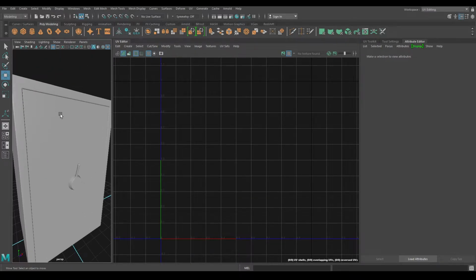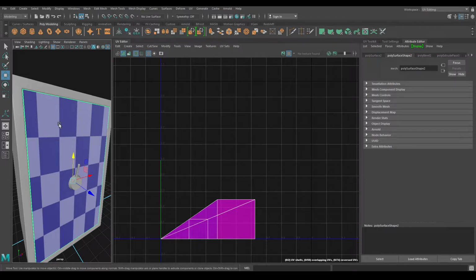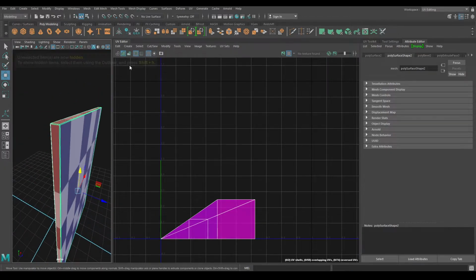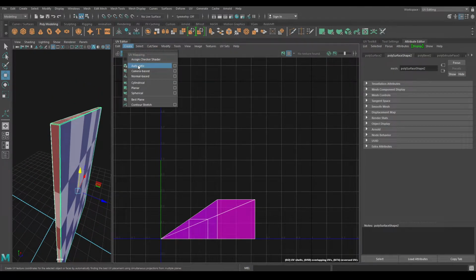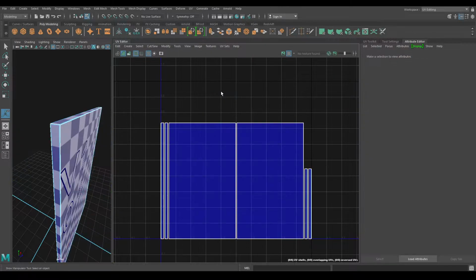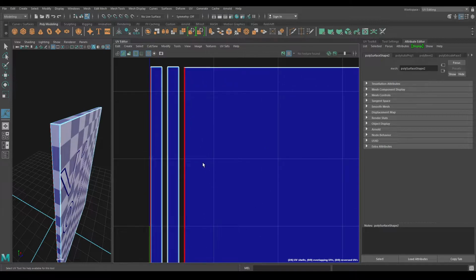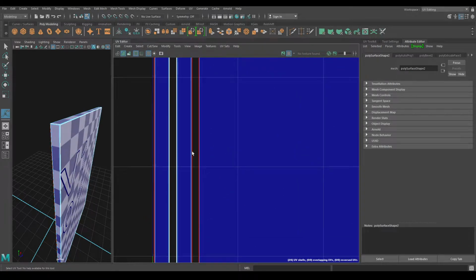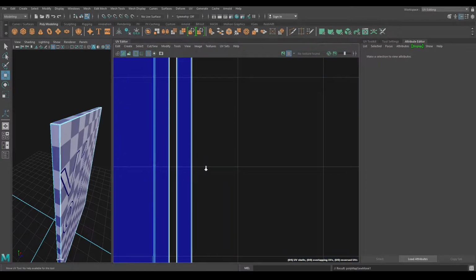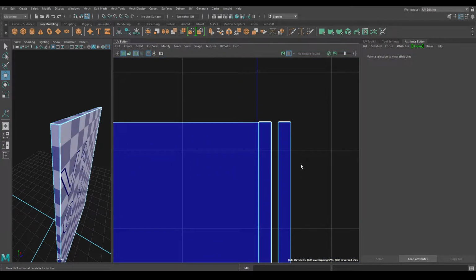Let's start with the door of our vault. So I'm going to isolate every object I'm unwrapping. So press Alt H to isolate this door and go to create and select this automatic mapping. Go to edge mode and select this edge and it will show where it's gonna attach. So you can see there are two highlighted edges. So if I press Shift right click and select this move and sew edges, it's gonna attach itself to the other edge it was highlighting.